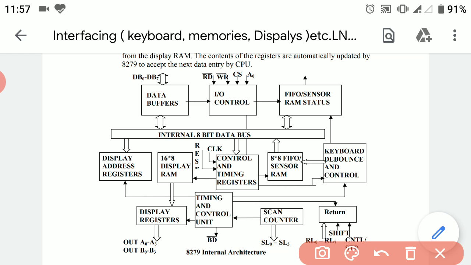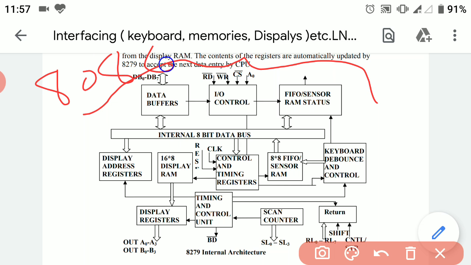In that discussion we have actually classified all the pins of 8279 into different categories based upon their connection with different devices. That is, these pins are going to connect with 8086 processor or 8085 processor.